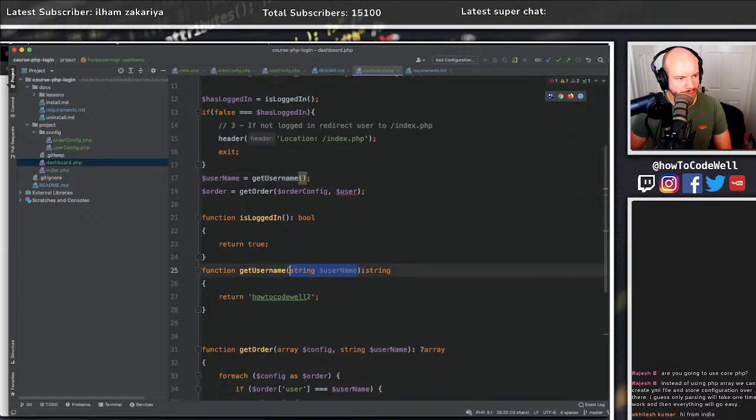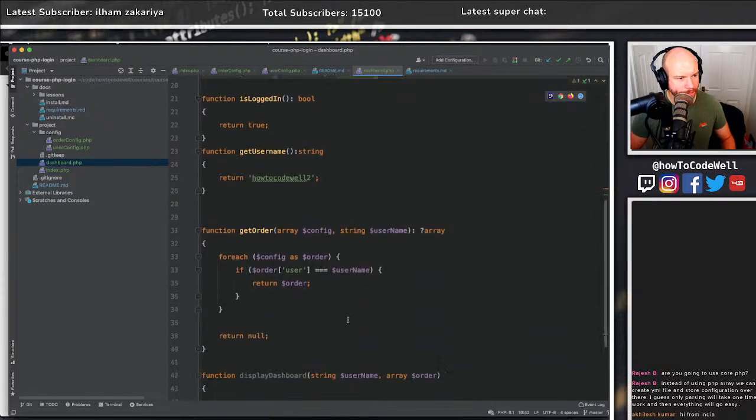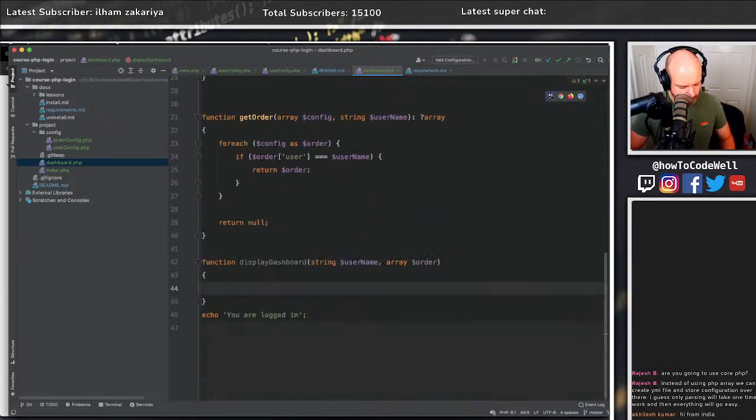So we don't need this. We're just going to return that. I'll come up with some mechanism of how to do that when we get to the actual login bit. That's fine. So now we need to display some HTML, right? So